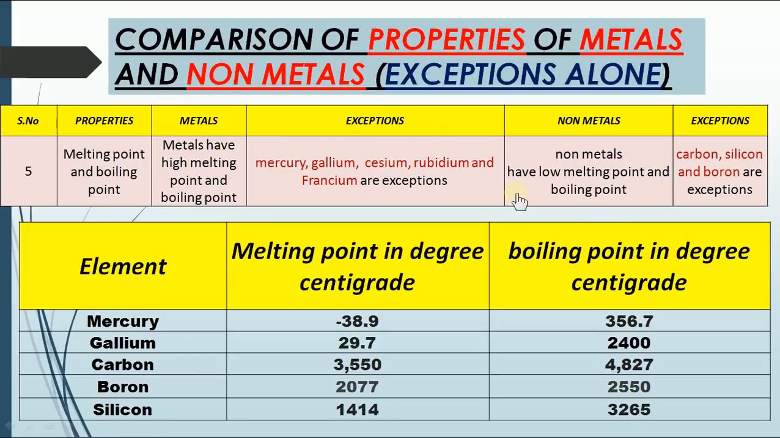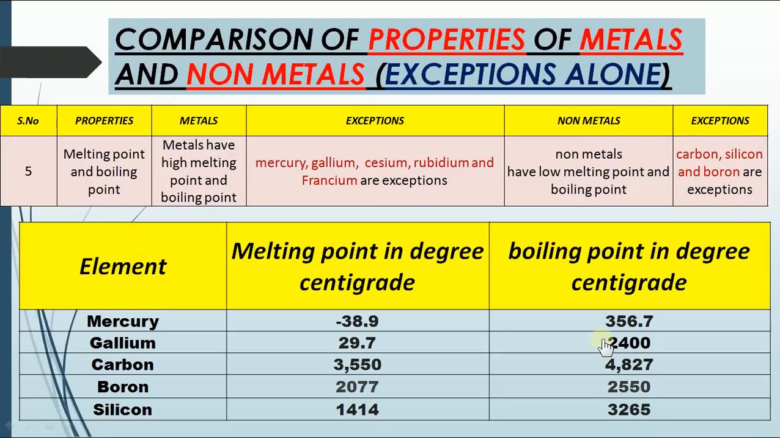Come to the next category, that is non-metals. Non-metals have low melting and boiling points. But there are some exceptions. Carbon, silicon, boron are the exceptions. Carbon in the form of diamond. If you look at the diamond, it melts around 3550 degrees centigrade and boils around